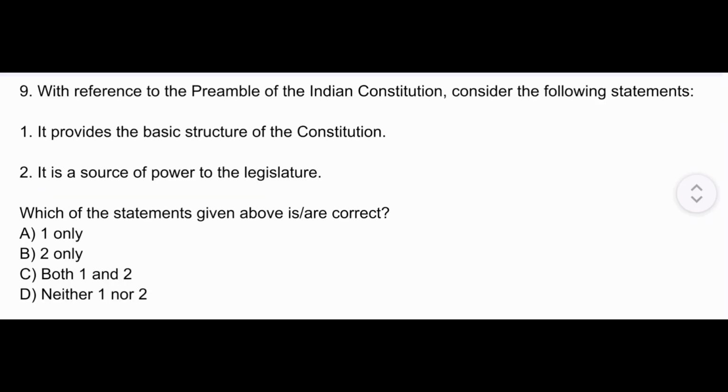Next question, with reference to the preamble of the Indian Constitution, consider the following statements. First, it provides the basic structure of the Constitution. Second, it is a source of power to the legislature. Which of the statements given above are correct? Option